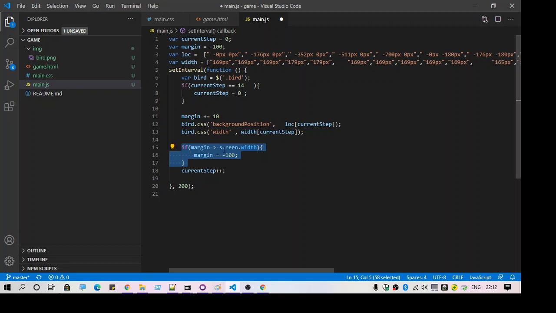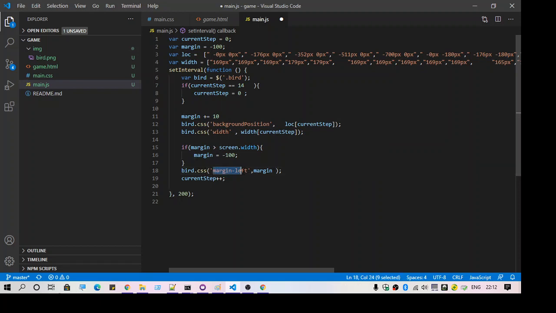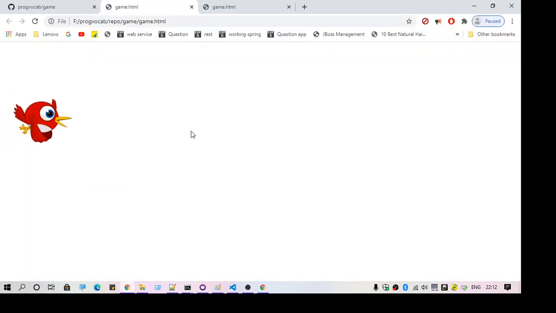If the margin reaches the end of the screen, we are going to set it back to the initial -100. Then we are going to use the margin-left property and set this thing. After this part, let's see what happens. As you can see, the bird is moving now.